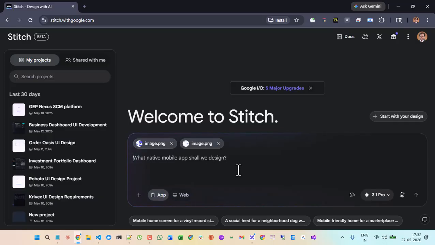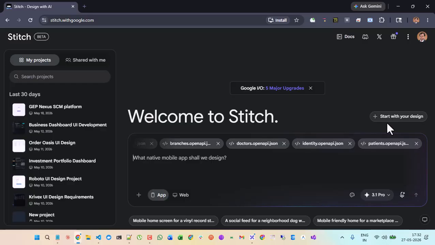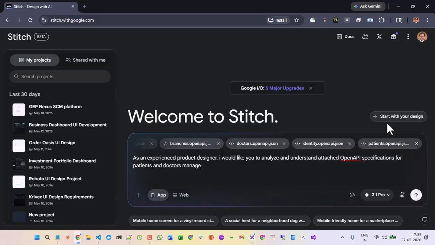Now we do have some specifications, or OpenAPI specifications, right? Attach, upload files. All files have been attached. Okay. As an experienced product designer, I would like you to analyze and understand the attached OpenAPI specifications for the patients and doctors management platform named